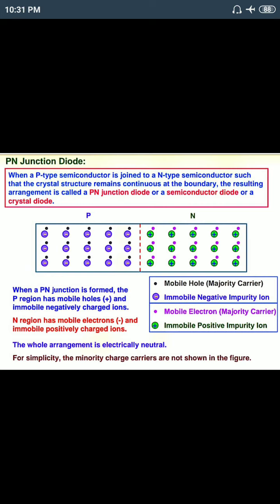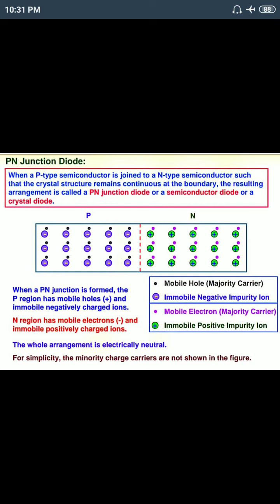Left hand side is the p-type and right hand side is the n side, and here the red dotted line is the junction formed in between p and n. That's why this is called a p-n junction diode. So it has only two terminals. We can connect a wire across the p side only, and another one across the n side only. So it has only two terminals or two electrodes.